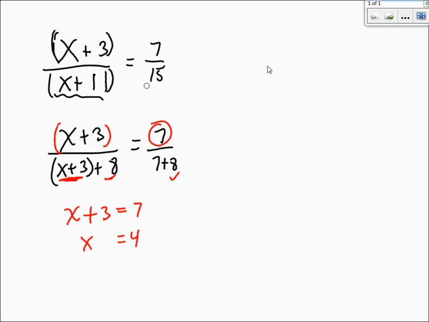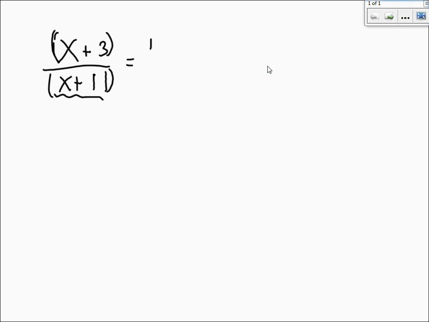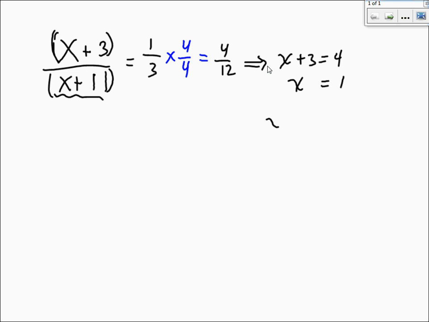So let's look at the initial problem. I have 1/3. The bottom is only 2 more than the top. And 2 times 4 is 8, which is the difference between the top and the bottom. If I multiply top and bottom by 4, I get 4 over 12. But now I can say that the top is 4 and get that x is 1,